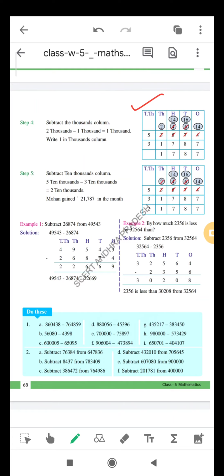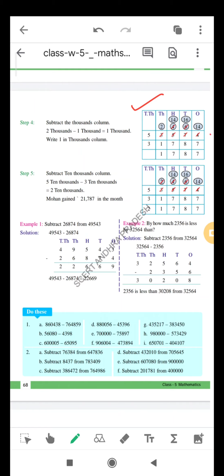Now look here. The ones digit is 4 and the tens digit is 7. Then hundreds 5, thousands 3 and ten-thousands is 5. Now from 4 we have to subtract 7. That is not possible. Therefore you take one lending from the adjacent digit, from 6. So when 1 comes here, this 4 will become 14. So 14 minus 7 is 7.